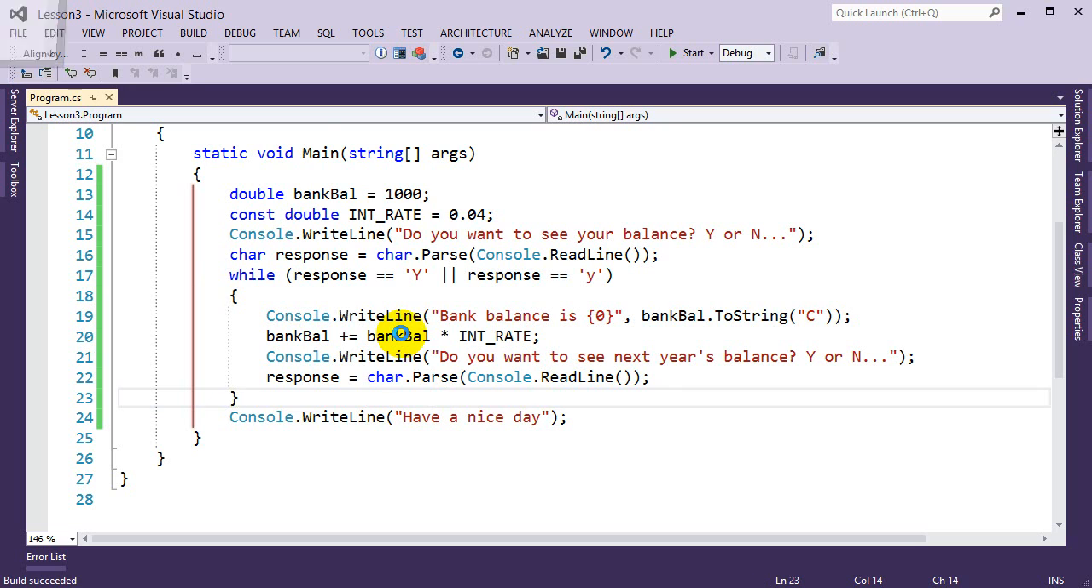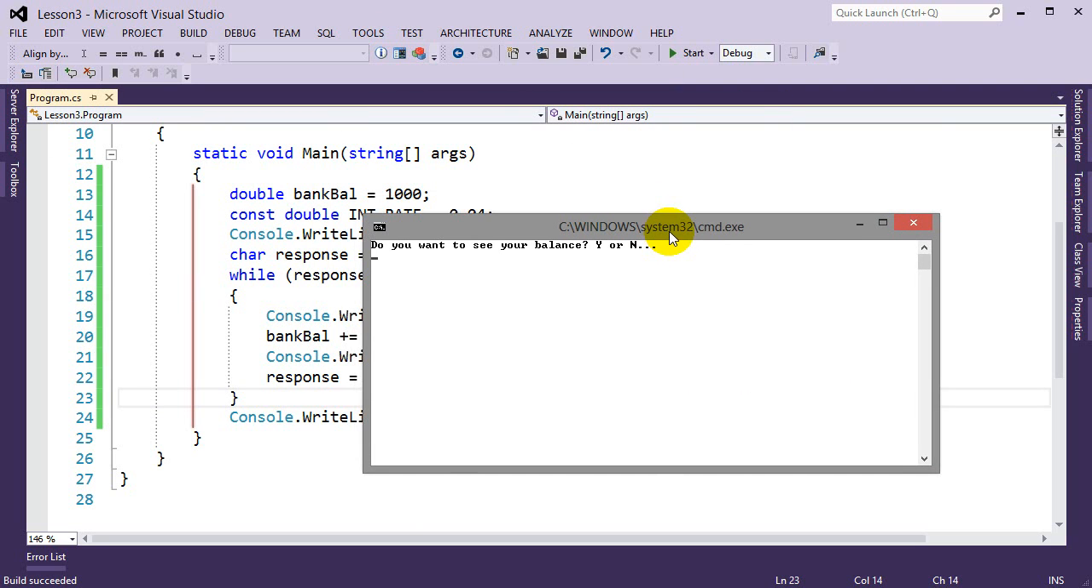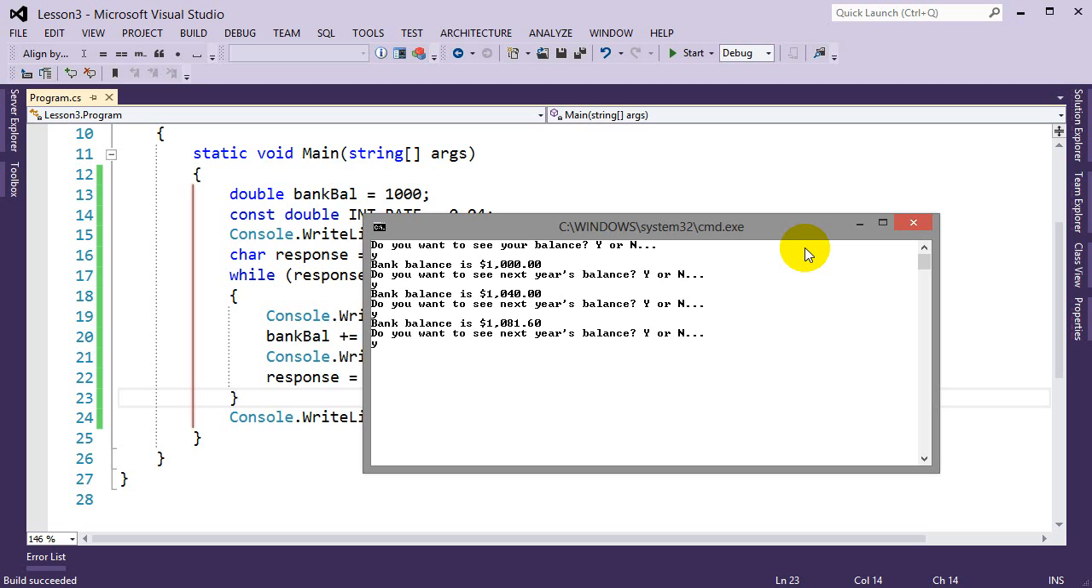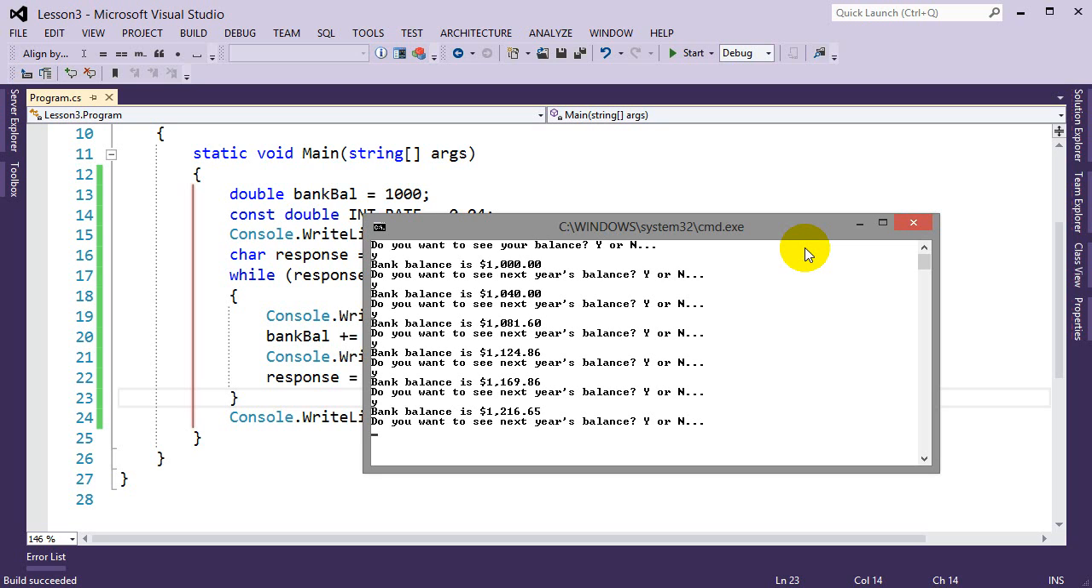So now let's run the program. So it says, do you want to see your balance, yes or no? I'll type in yes. So it says my bank balance is $1,000. Now it says, do you want to see next year's balance? If I hit yes again, it will calculate, actually it already calculated the interest rate, but it will display it to me. It will show me the next year's balance with the interest rate, so 1,040. I can keep on doing Y's and seeing the new rate. As you can see, this is my balance for my account every year, and it will keep on going up